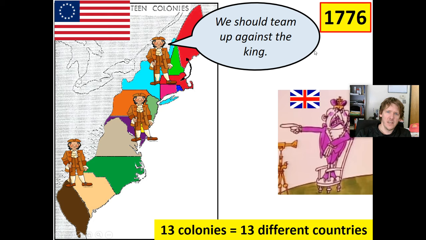The year 1776. We don't like the king. We decide we should team up against the king. Now, the key here is there really isn't even a we. New York has no relationship whatsoever with Virginia. Virginia has no relationship whatsoever with Pennsylvania. If you really want to understand the mentality and what America was, it's a lot like Europe. Imagine Germany and England and France and Italy, all the different countries in Europe where they speak different languages, have different beliefs, different governments. It's a little bit of a stretch, but that's sort of what America was.